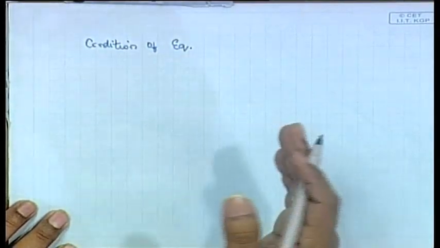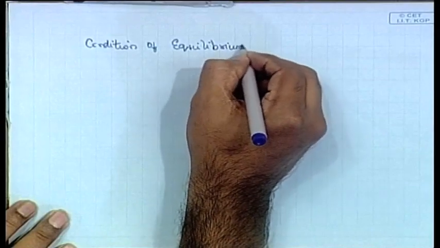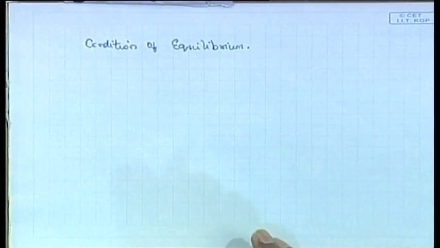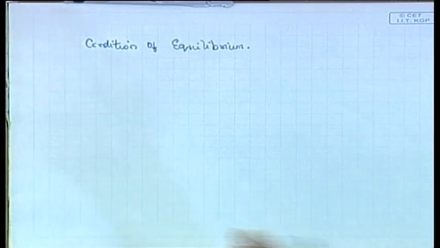Okay. The condition for equilibrium, actually this is a very important term, equilibrium, which is what we are more or less concerned with in this whole course, different types of equilibrium in fact. Even stability is about equilibrium only, but stable equilibrium, neutral equilibrium, unstable equilibrium, there are 3 different types of equilibrium, we will come to that. Before that, the basic condition of equilibrium is that